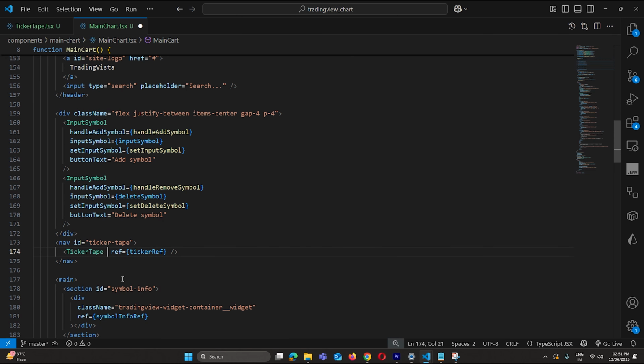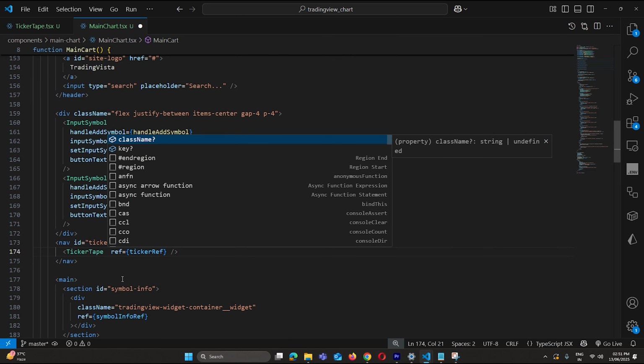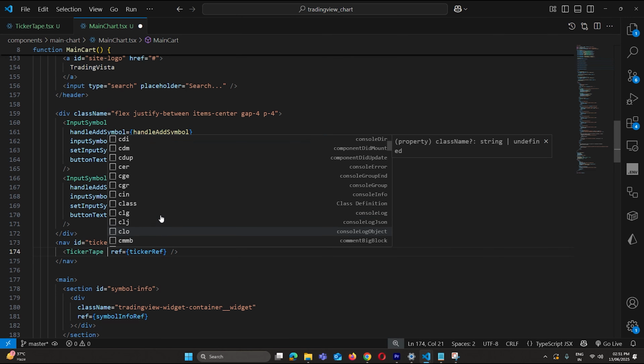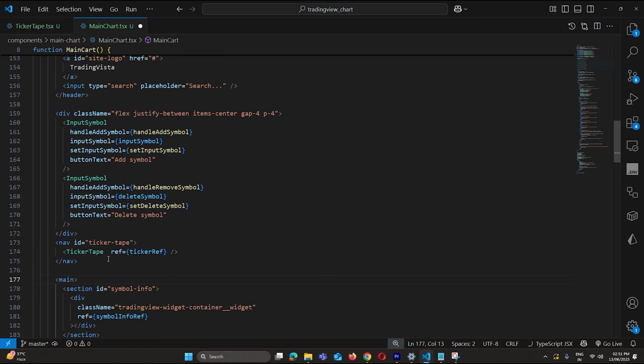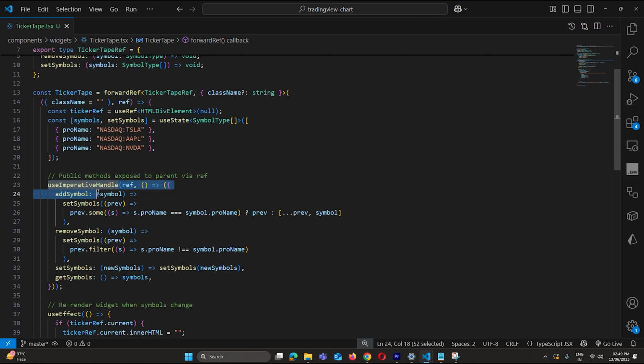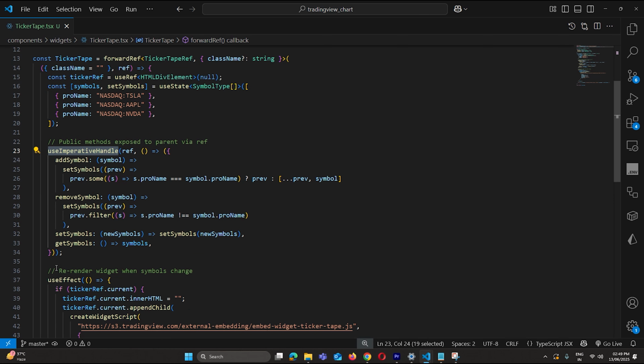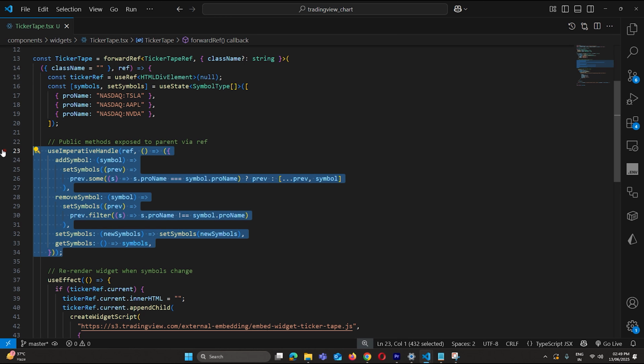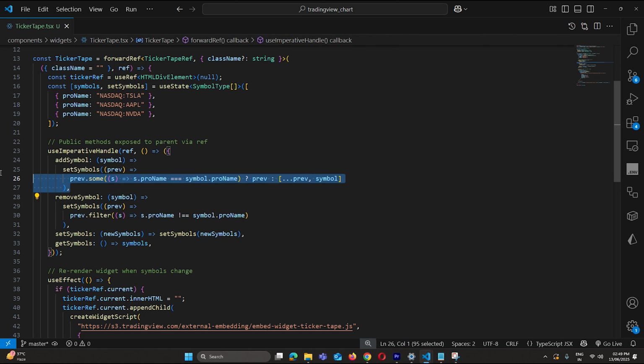Now let's take things a bit further. Instead of managing the ticker widget directly in our main component, I have moved it into its own reusable component called TickerTape. This makes our code cleaner, easier to maintain, and now you can drop this component anywhere in your app and control it using just a few exposed methods. To do this, we used something called forwardRef and